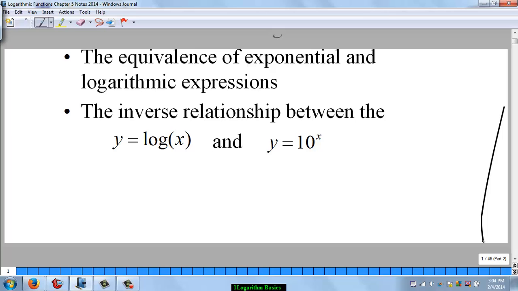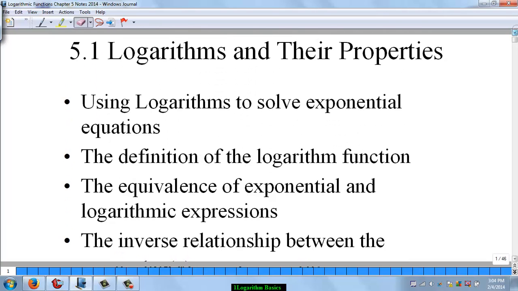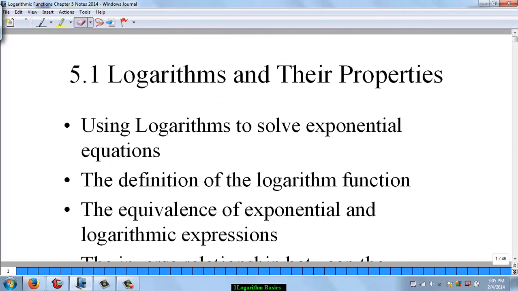Okay, welcome to logs, and I've already started off with a line here. Welcome to logs, and we're going to start talking about the log basics, and we're going to talk about their properties and give you a good basis. This will be a longer video because I want to go through the basics with you. We're going to use logarithms to solve exponential functions